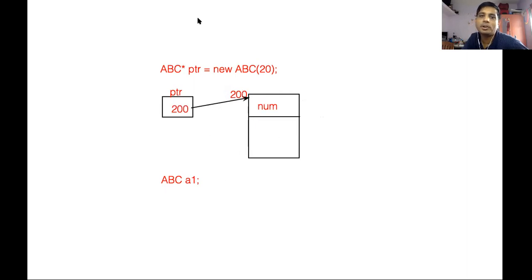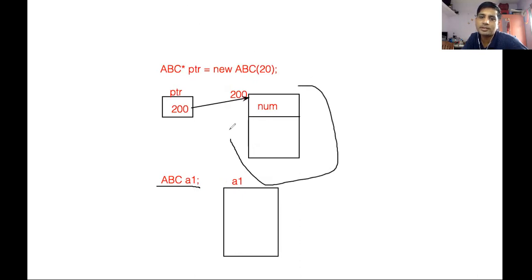But with the technique ABC A1, inside the memory the object gets created having the name A1. In the first case there is no name given to that memory location, but here the name is given as A1.